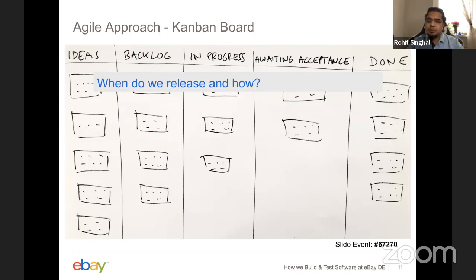But because we try to make everything testable, we also try to put a lot of details in those stories. When I say details, I mean the acceptance criteria, and it should be a clear-cut acceptance criteria which is testable at the end. And then while a story moves from, say, in progress to awaiting acceptance, like Jan mentioned, where anyone in the team can actually test,